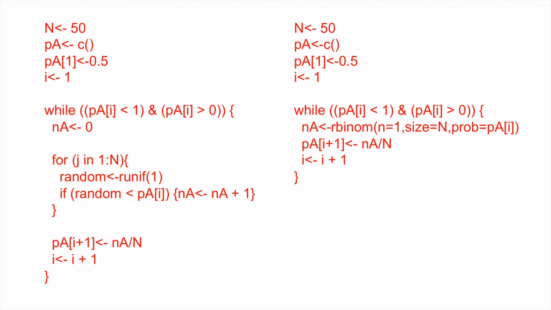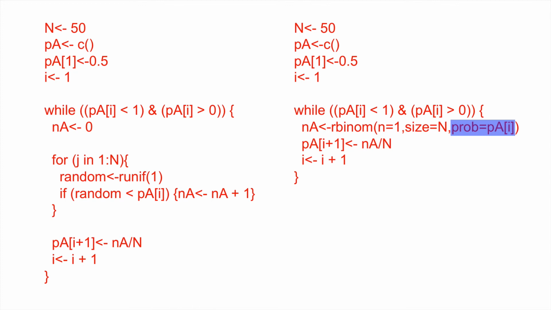Now here's where the code starts to deviate from the first example a little bit. We still want to find the proportions of type A for multiple generations, namely for all generations where the proportion is between 1 and 0, but now we're going to determine the number of type A individuals using the rbinom function. For one single generation, namely the next generation, i plus 1, the population size is n as always, and then for each individual, the probability of being type A is defined by the proportion of type A present in